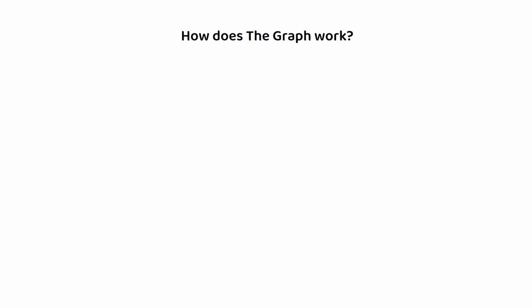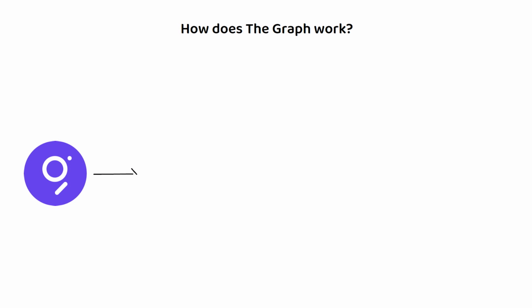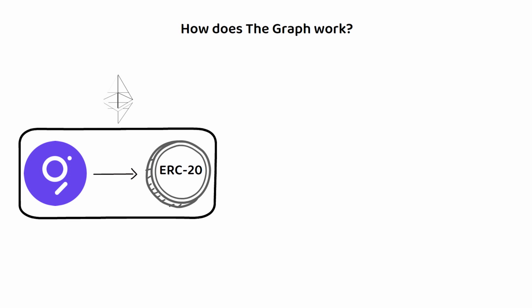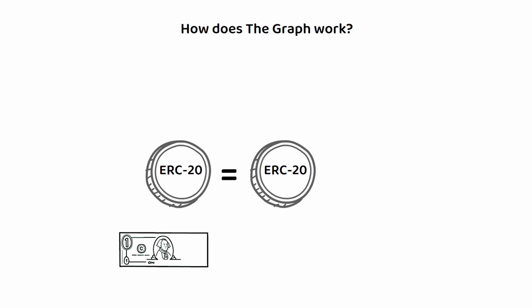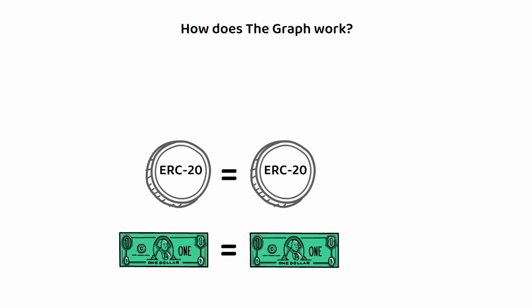The Graph is an ERC20 token on the Ethereum network. An ERC20 token is a token creation blueprint that ensures compatibility with the Ethereum network. An ERC20 token is a fungible token, the opposite of the more famous non-fungible tokens. In short, this means each ERC20 token of its type is worth the same. A real-life example would be the way a $1 note is always worth $1.